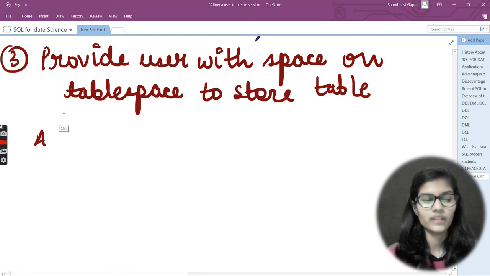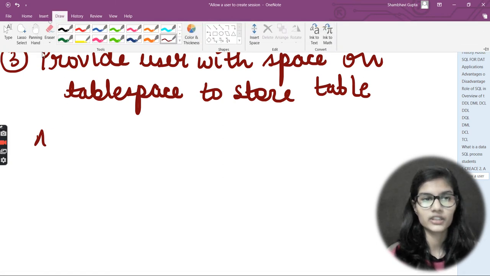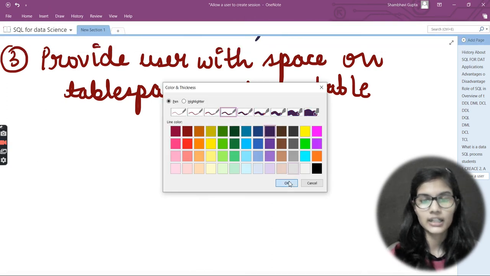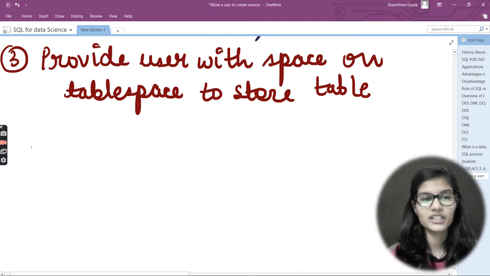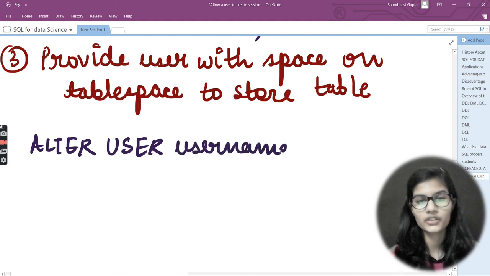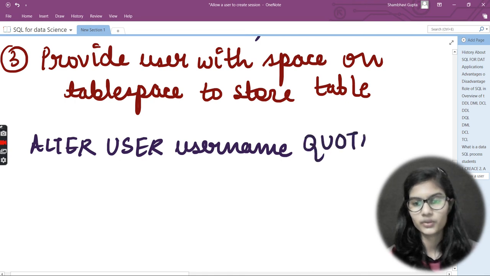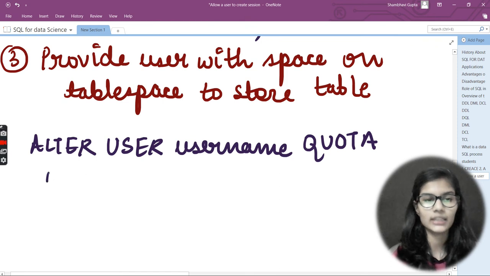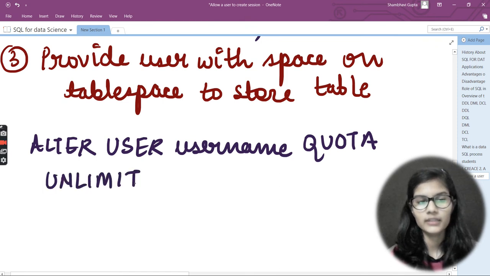So here I'll be writing the command for doing this particular thing. First of all, let me take the eraser, erase this, and come back to the color right here. So this particular one is alter user username quota unlimited on system.